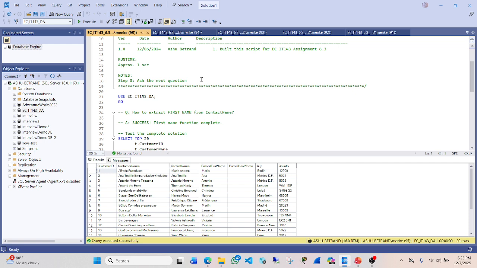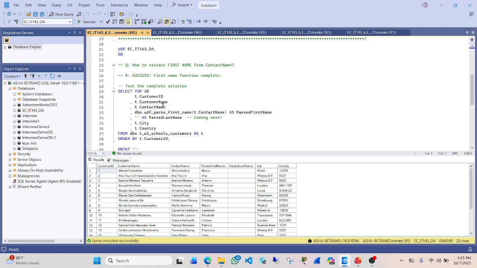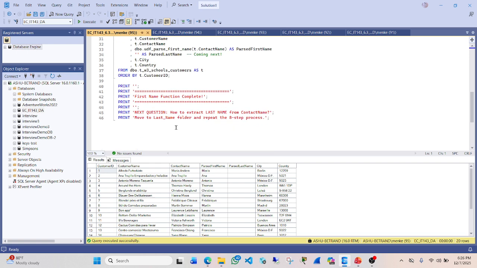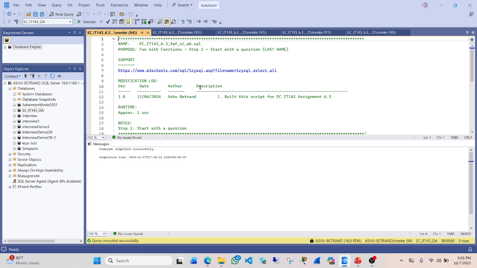So script 8 completes the first name function. Here it is, you see, it completes the first name function. And this query asks the next question, which is how I extract the last name. So we're done with the first name function. We're going to move to the next